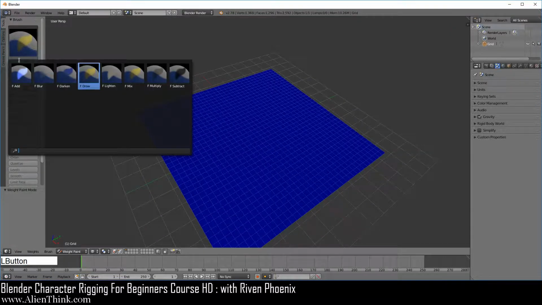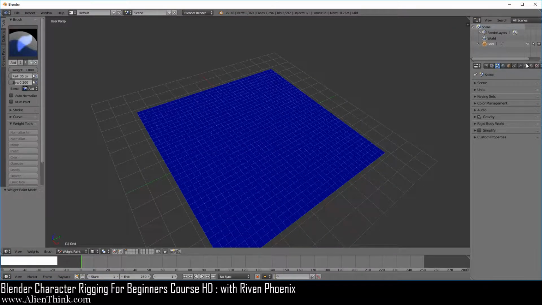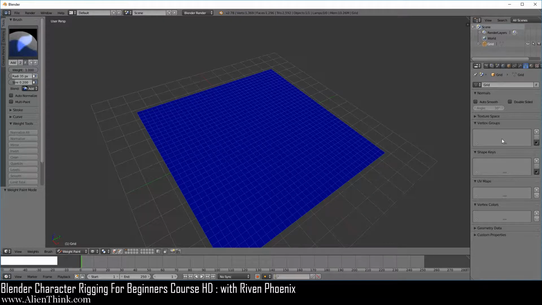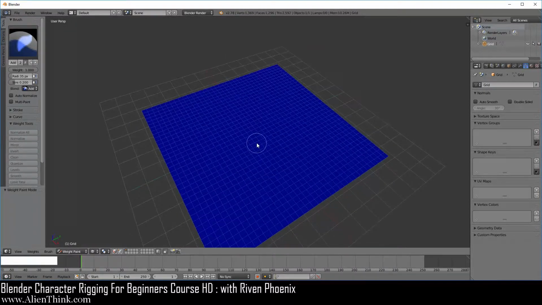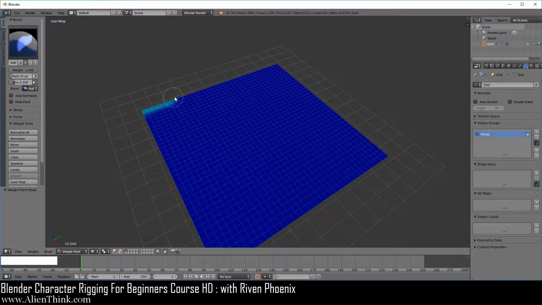So the first thing that I want you to do is go ahead and click on Add and switch to the Data tab. Notice that there are no vertex groups here. So Blender's default behavior is that if it doesn't find any vertex groups, it's just going to assign them. So over here, what we want to do is just paint across. Now notice that I'm actually positioned like this because it doesn't really matter, right? So what we're going to do is just paint across like this over here, right? Now you can see that it's been assigned.